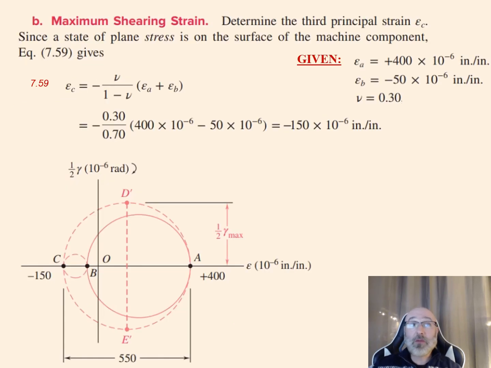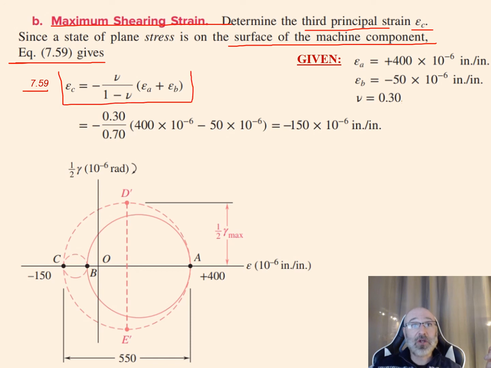So now let's move on to part B, still looking at our maximum shearing strain here. In part B, they want us to find the third principal strain, or epsilon sub c. Since the state of plane stress is on the surface of our machine component, as they give us in our problem statement, we can utilize our equation 7.59 in our textbook. And this right here is our 7.59. We saw this earlier in our module as well. We have our epsilon sub c is equal to our negative Poisson's ratio divided by 1 minus Poisson's ratio times this epsilon sub a plus epsilon sub b,